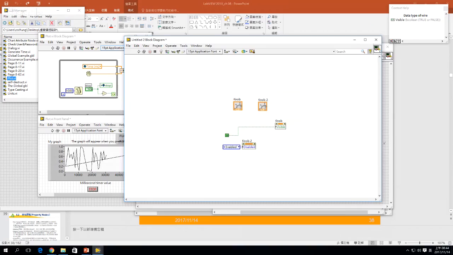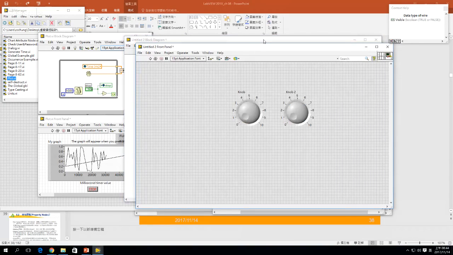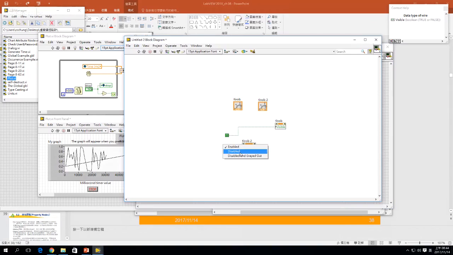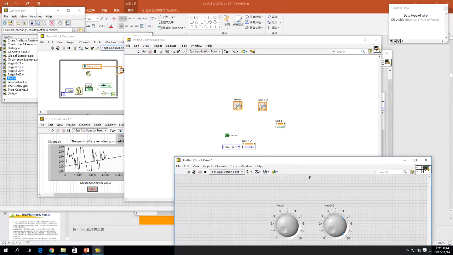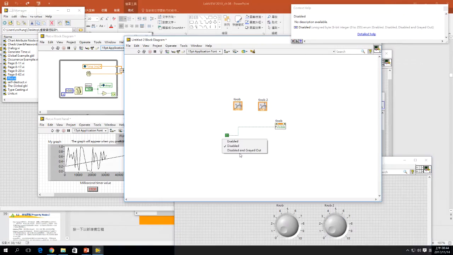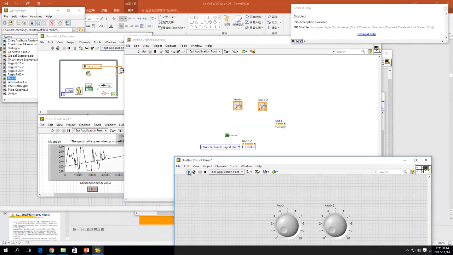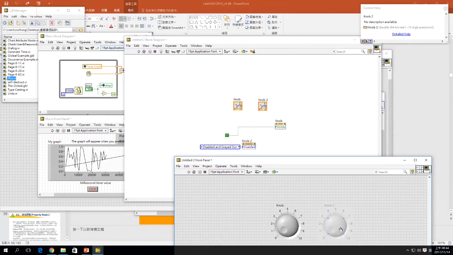So when I use enable and when I use disable and grayed out, disable means that you cannot use the grab tool anymore. And for disable and grayed out, you can see this cannot be used and will be grayed out. 就是说它 disable 就是不能使用这个之外，你用 gray out 它还会变淡色的。